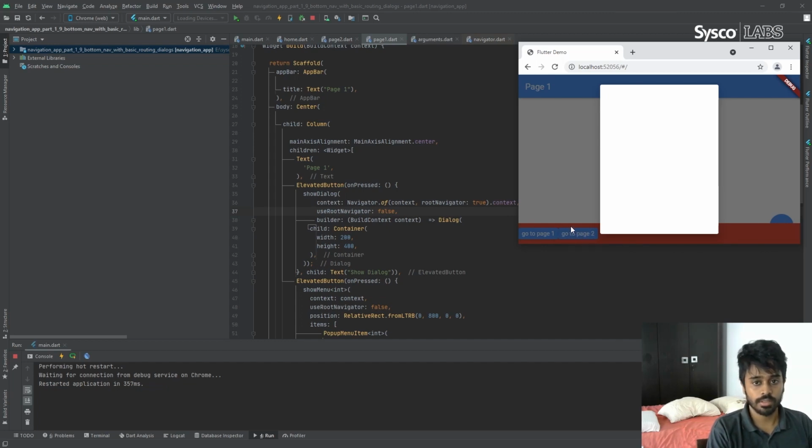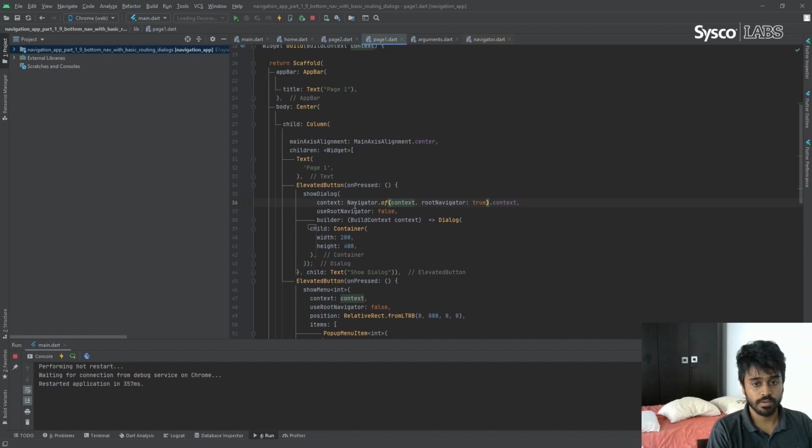So this is really helpful for your application to handle this context correctly, because in some cases you might need to draw this dialog behind the bottom navigation bar, and in some cases you might want to draw it on top of the bottom navigation bar.